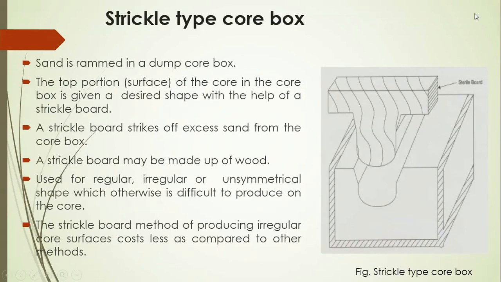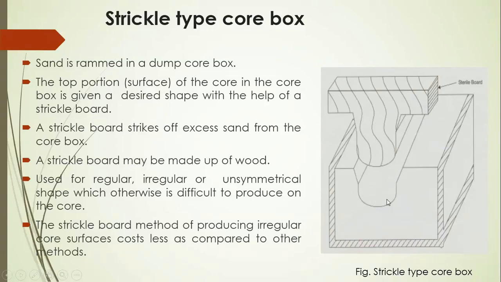You can see here, this is the wooden board, and this wooden board is called a trickle board. The function of this trickle board is to remove excess core sand which is placed inside this core cavity. Now this hatching line is also a wooden box, and inside that box we have to carry out ramming of the core sand. This is the core sand ramming. Initially ramming of the core sand is carried out. Now this trickle board may have any shape, from very simple to very difficult shape we can give to the trickle board, as it is made up of wood, and we just have to strike that trickle board on the surface of